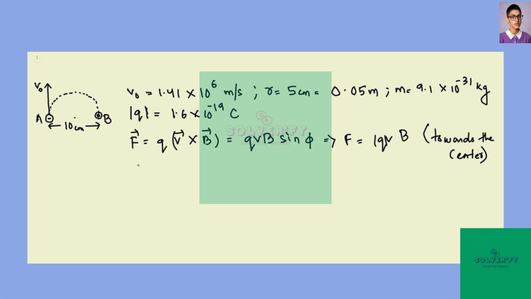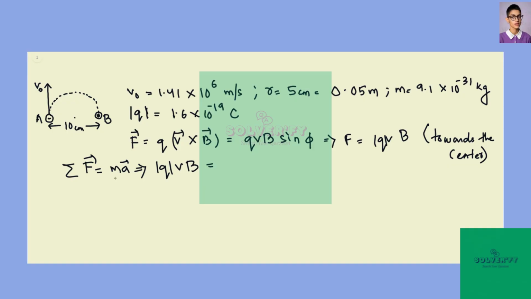So let's do that. We know that the net force is equal to mass times acceleration, and here the net force is q times v times B. If we don't take the magnitude, F is going to be out of the circle, so that just gets cancelled by the centripetal force, which is towards the center of the circle. That's the reason we are taking the mod here,